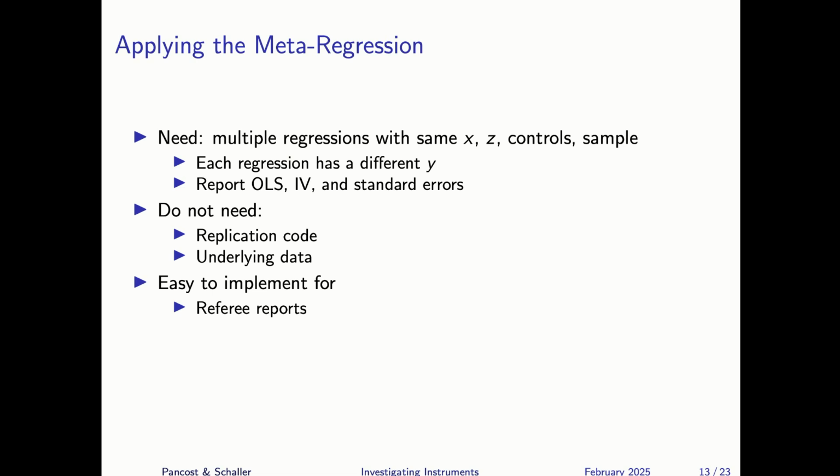You've been asked to referee a paper. The paper says the IV ought to be smaller than the OLS. It turns out the IV is way bigger than the OLS. Why? By the way, shameless plug, Garrett and I have a companion paper about why the IVs are always bigger